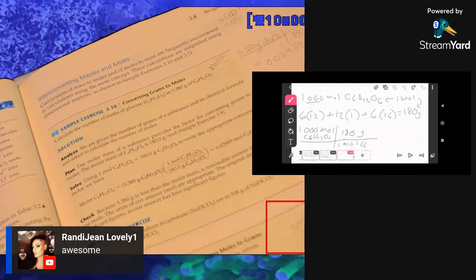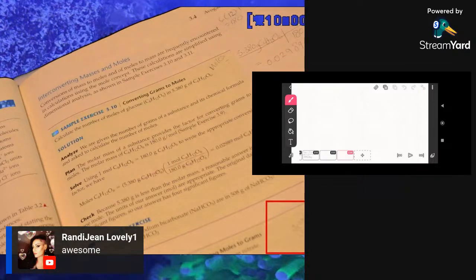Interconverting masses and moles. Converting of mass to moles and moles to mass are frequently encountered in calculations using the mole concept. These calculations are simplified using dimensional analysis, as shown in Example Exercises 3.10 and 3.14. All right, so